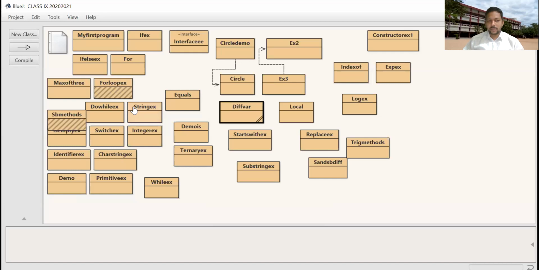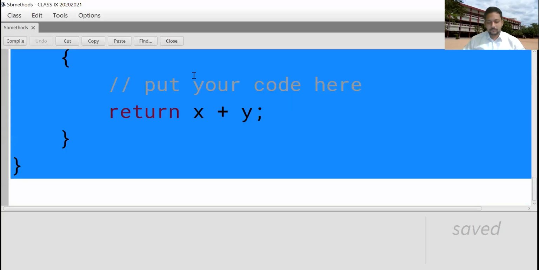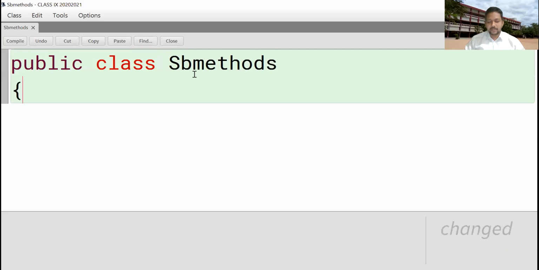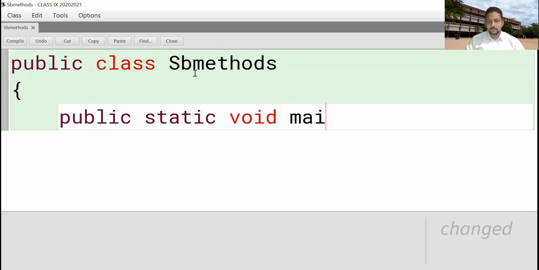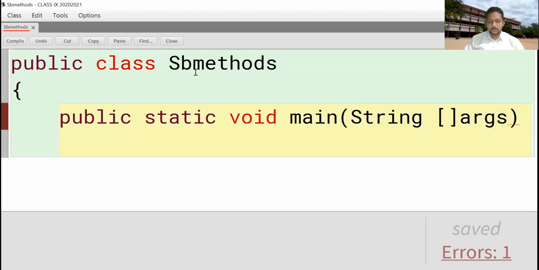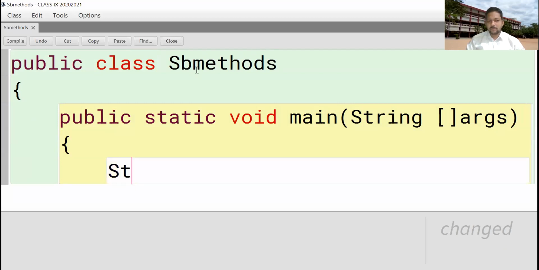Every time you have to take a new class. So type the class name as StringBufferMethods. You have to type the class name as Append example. Write short notes on append method means you have to write a few points, example, and return type also. Or sometimes they'll ask what is the output of the above code.